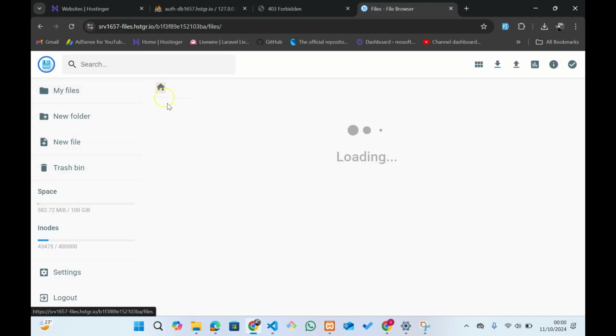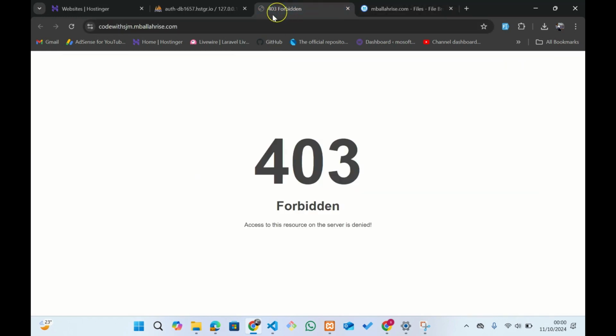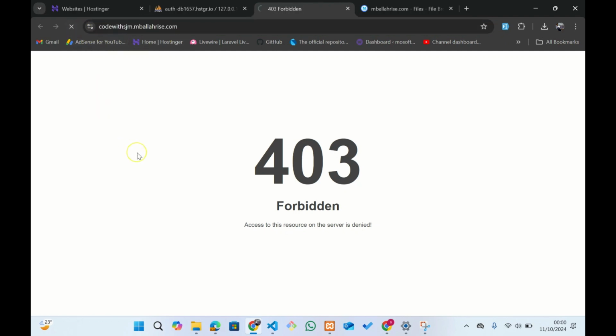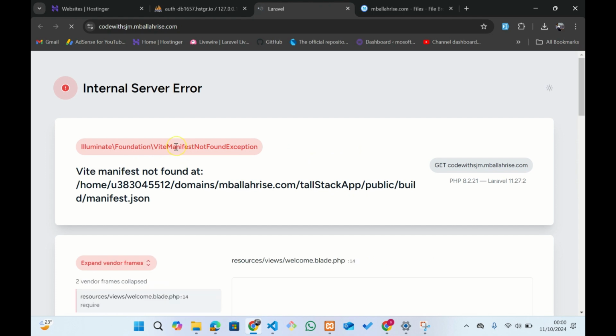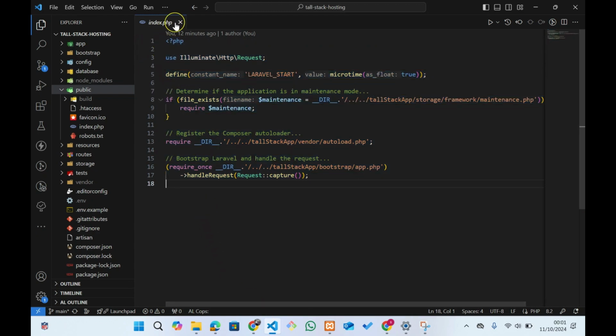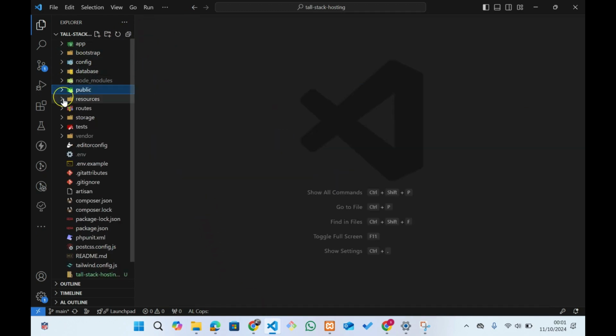And then after doing so, we can just go here and try to refresh our domain, which is our subdomain that we've created, which is called sjm.empower.com. So let's refresh. And now I know we'll get this one error, which says "Vite manifest not found at this directory." So what it is saying here is that when the Laravel application is running here on the local,